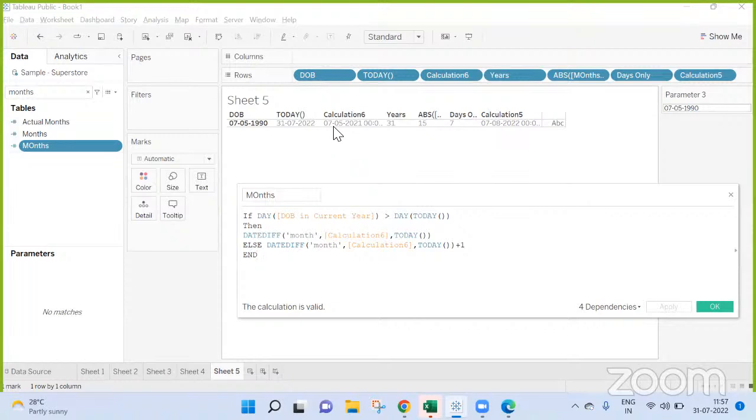So it is 17/5/2021. The date difference with today is 15.